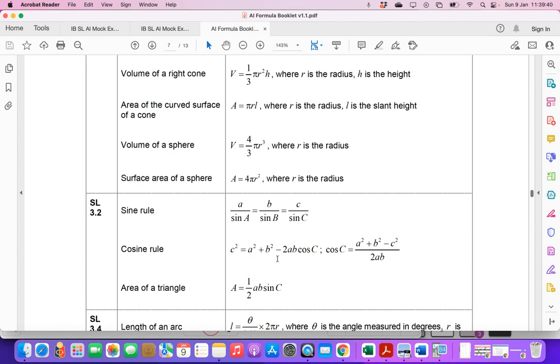So 85 squared plus 110 squared minus 2 times 85 times 110 times the cosine this time of 55 degrees. Okay, and so when I take the square root of all that stuff there,